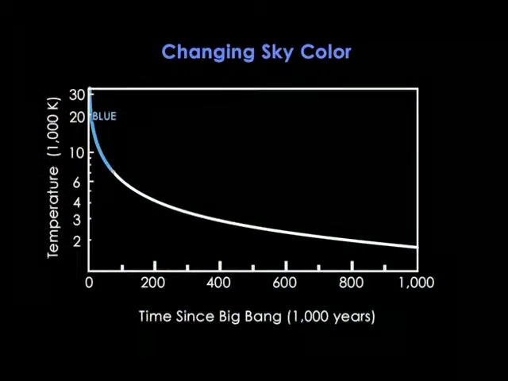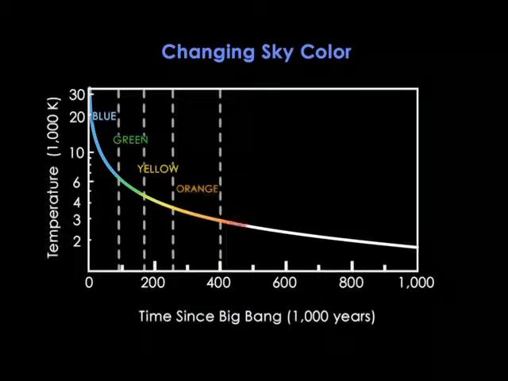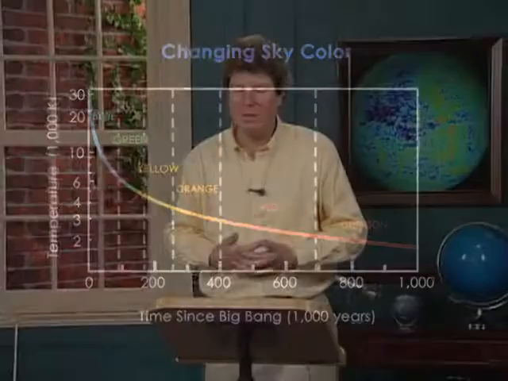Starting at 50,000 years, the sky is blue. At 200,000 years, it's yellow. At 400,000 years, it's orange, and by 1,000,000 years, it's crimson. The universe's sky color slips through the rainbow sequence backwards, spending roughly 80,000 years in each colour. This is a wonderful and beautiful quality of the young universe. It actually paints the sky with a palette of human colours.